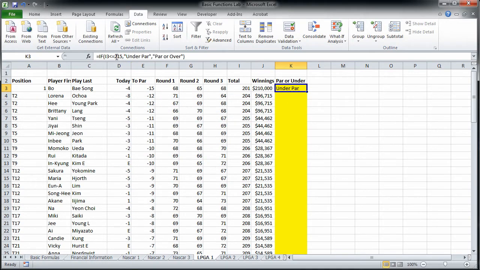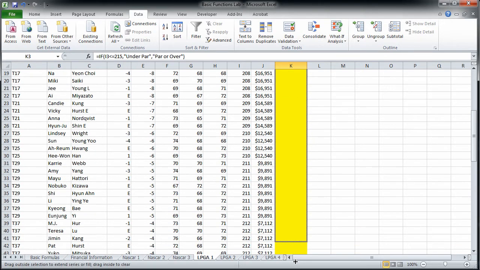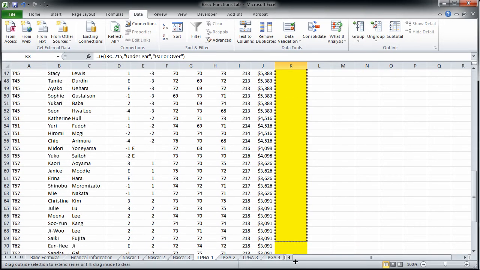So notice the change it made was less than and equal to. So it wanted the less than first, which is fine, and under par. So here's under par. Well, I'm going to just fill this down. By filling it down, it's going to iterate the values